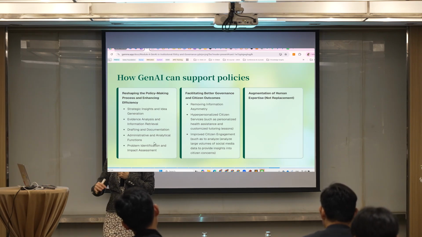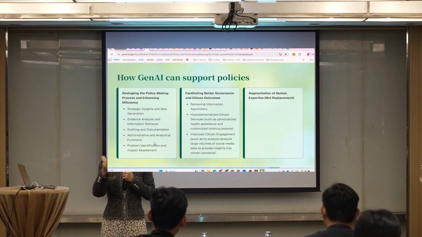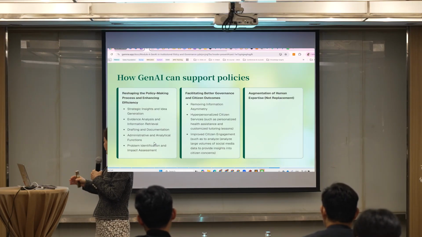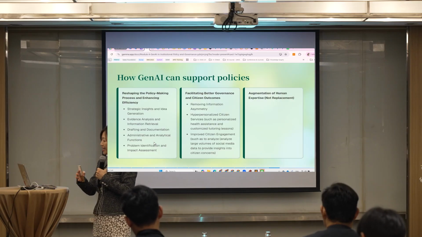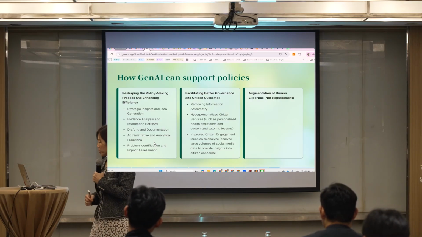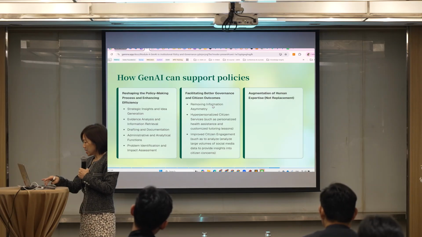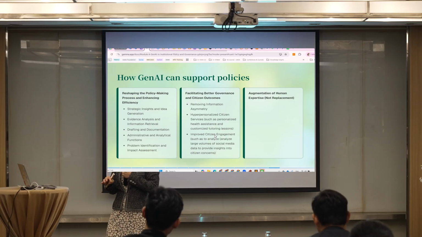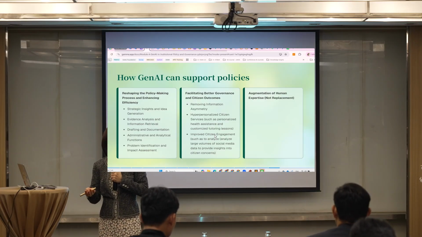Some administrative work can make the operation faster. This is also possible, right? Also, finding problems and assessing certain impact, okay? The next is to facilitate better governance and citizen outcomes by providing, sometimes,